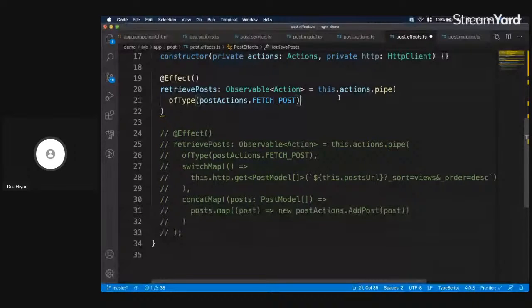Automatically, this effect will run. Okay, so the effect is connected with the fetch post function, so it will immediately run when we dispatch the fetch post action. Okay, and then I'm gonna use switchMap